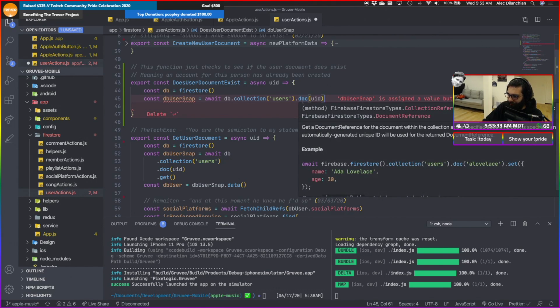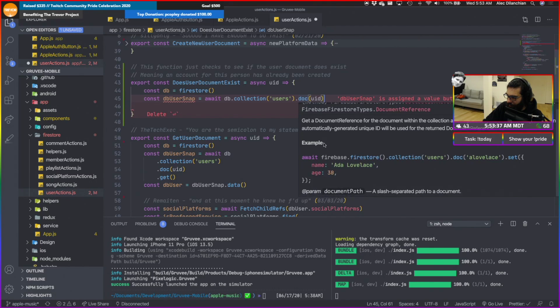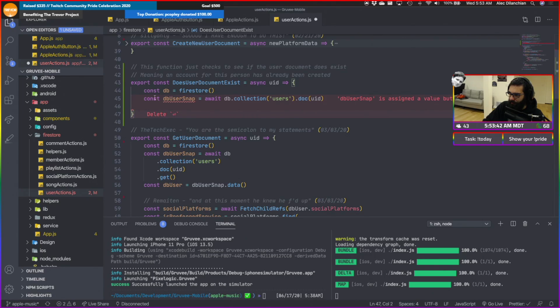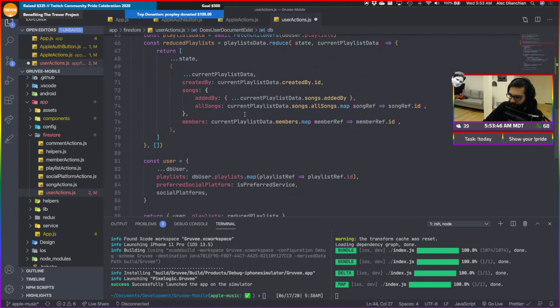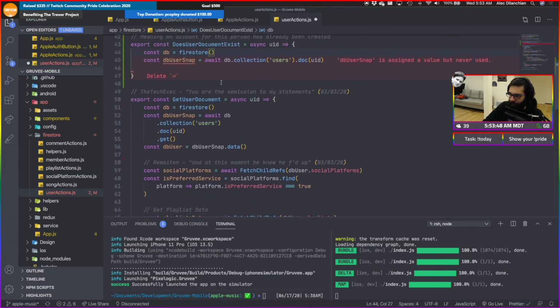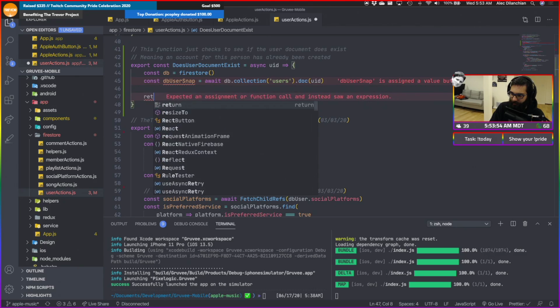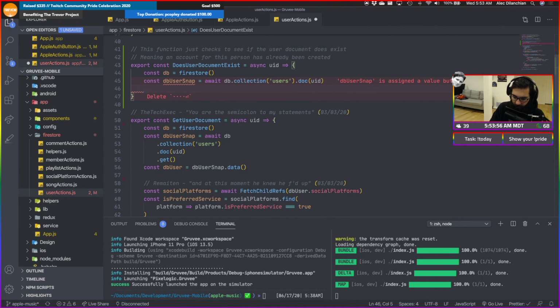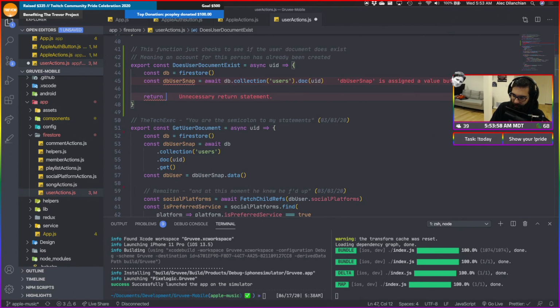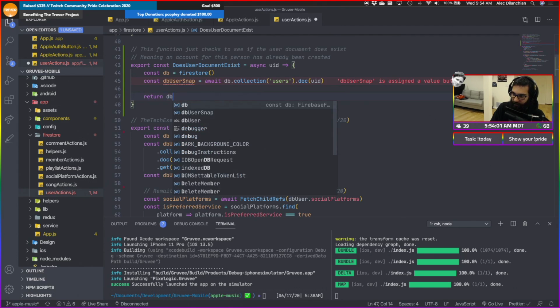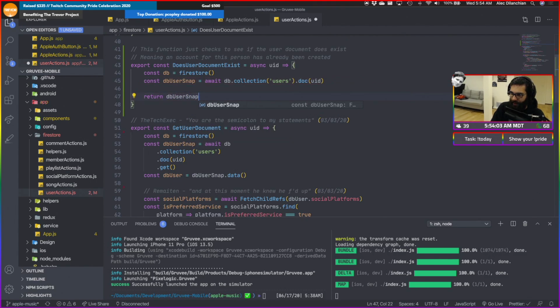I think we should just be good here. Yeah, and I feel as though at this point we can say return db user snap.